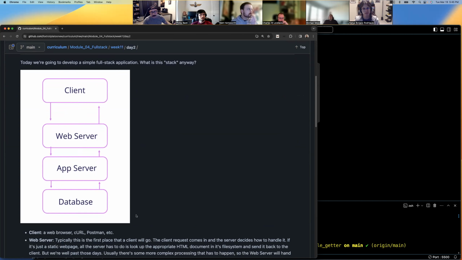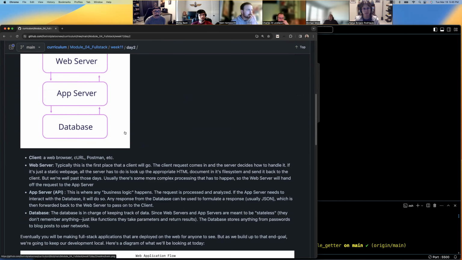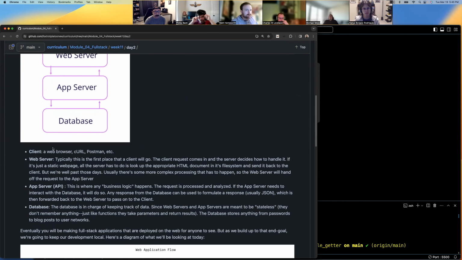So there are 4 major pieces of this full stack puzzle. You get the client. The client could be a web browser. It could be a curl command. It's a request, right? The client is the request. It's not necessarily the person making the request. It's the request itself. The web server,